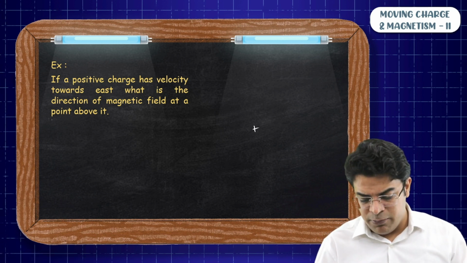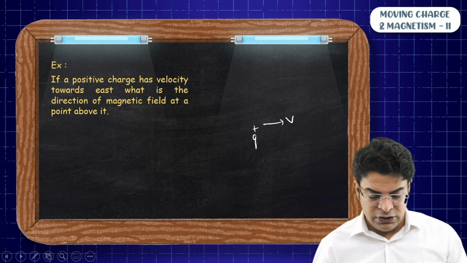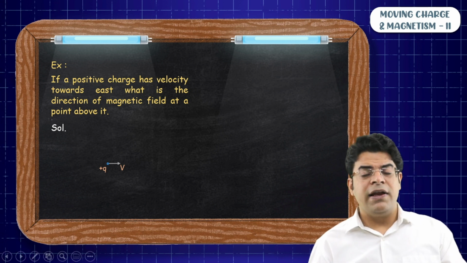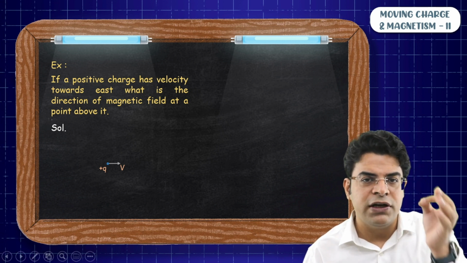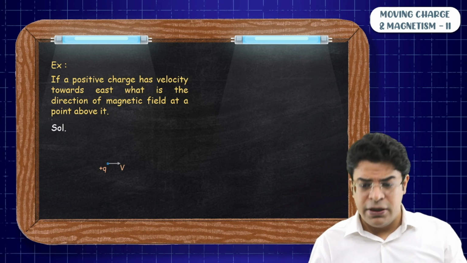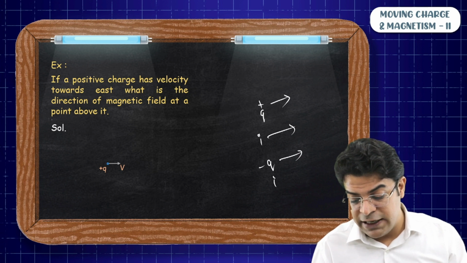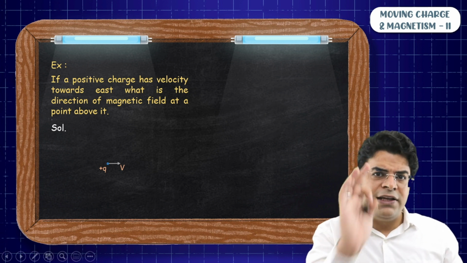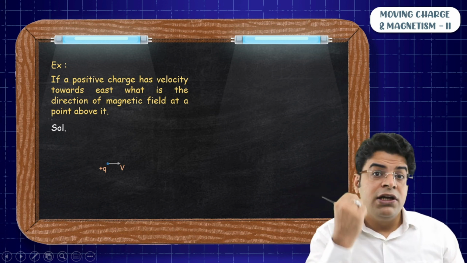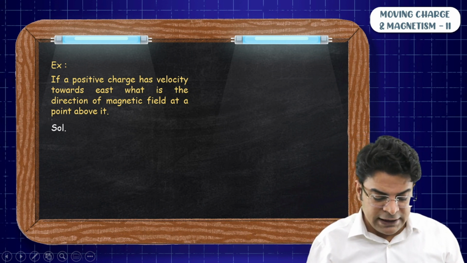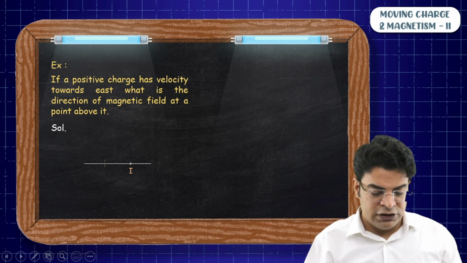So you will say that if a positive charge has got velocity towards east, okay, then I know how to find the direction of magnetic field due to current carrying wire. I don't know how to find the direction of magnetic field due to a moving charge. Better, rather than thinking of a moving charge, you can think of current carrying wire only. I have said it many a time. If positive charge goes towards right, current is towards right. If negative charge goes towards right, current is towards left, right. So rather than thinking of this positive charge going towards east, think of a current carrying wire carrying current towards east.